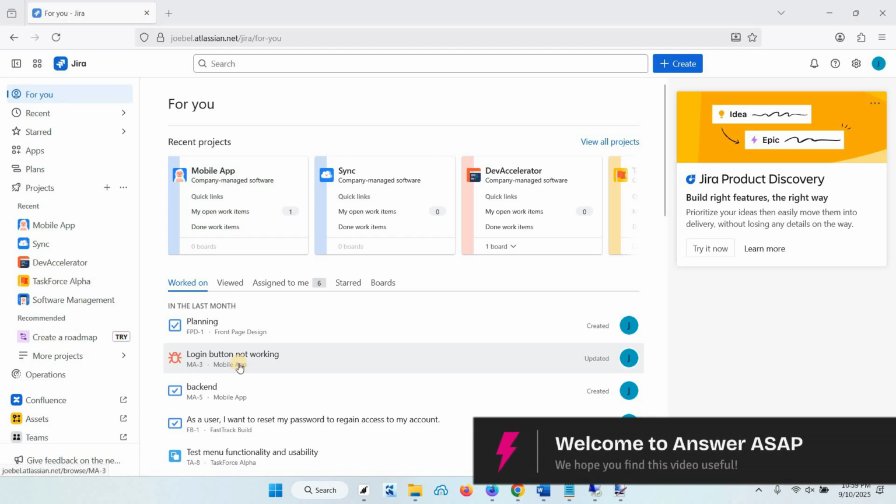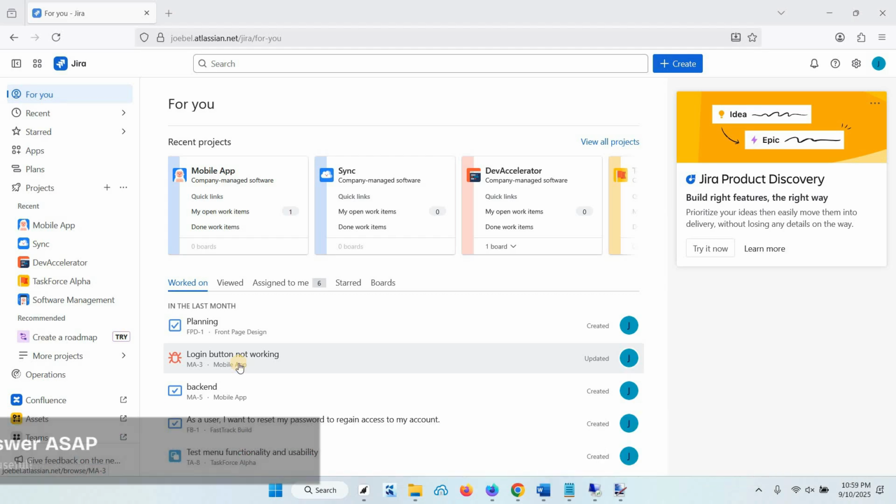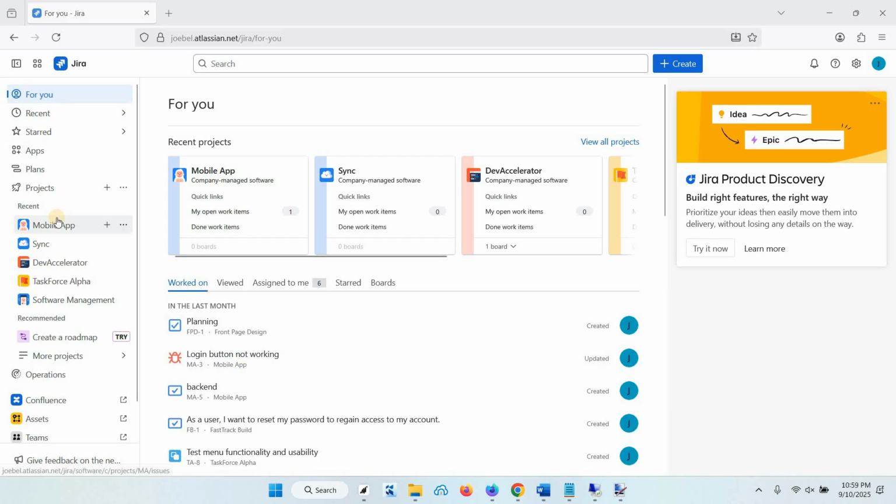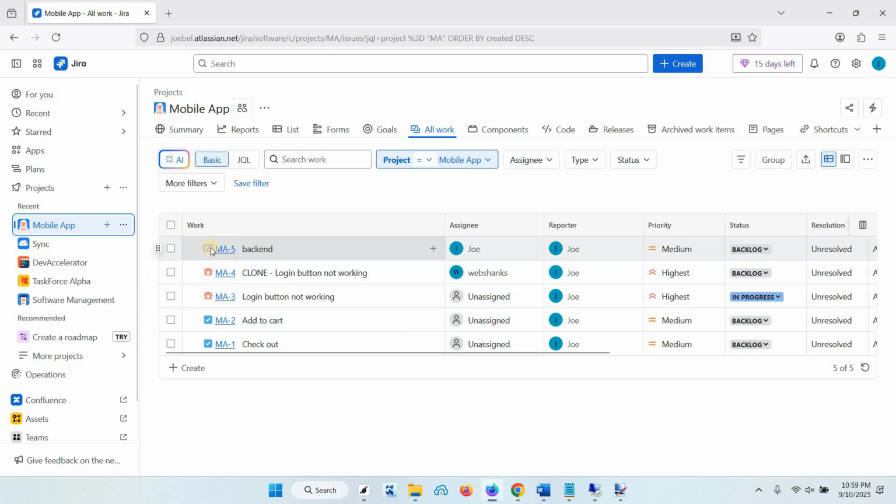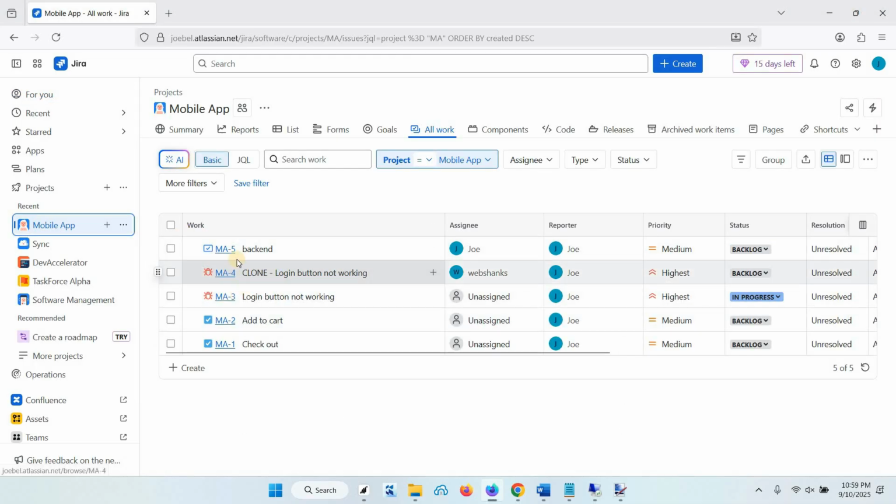This is how to log time in Jira. So from your dashboard, select a project and select a work. This is an issue, for instance, on my project. So I'll just click this login button not working